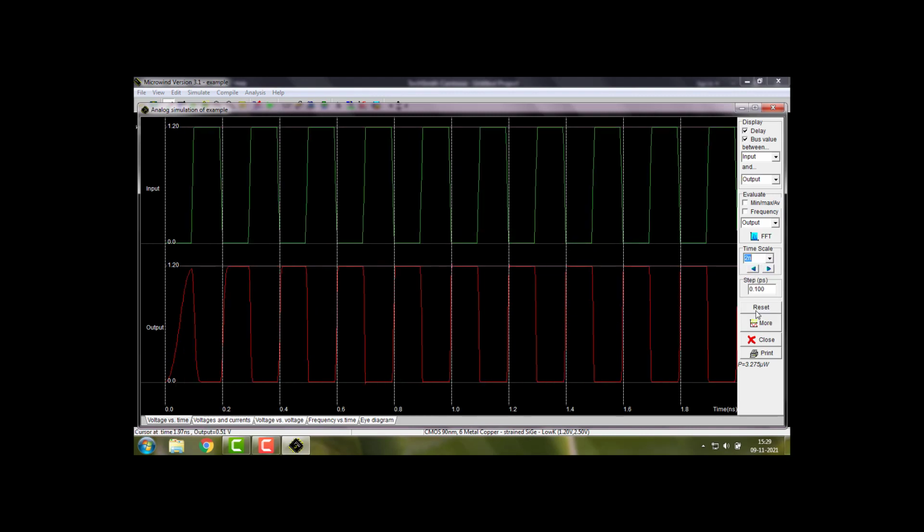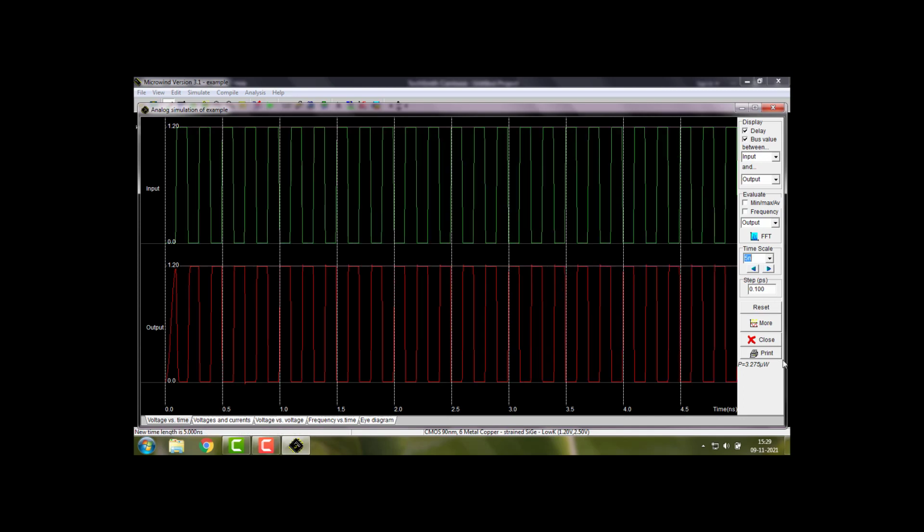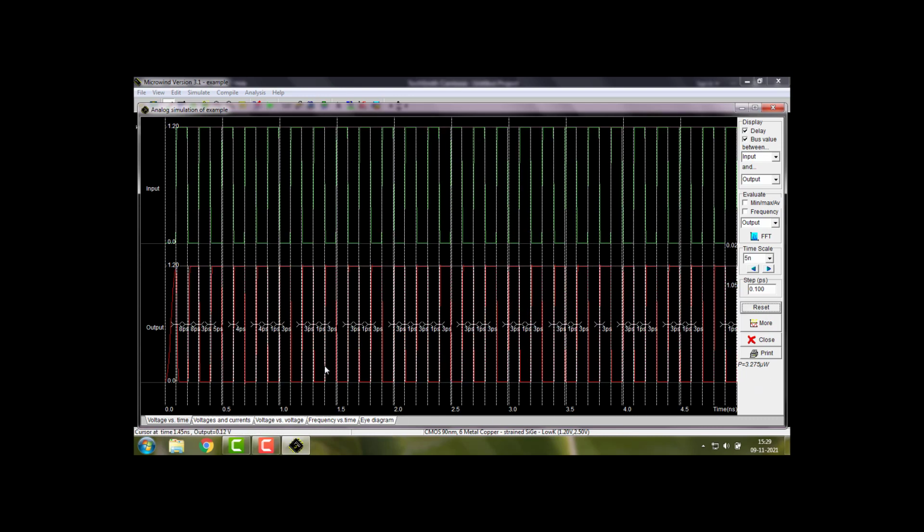Hope you can see. Let's see more. I'm unable to see rise and fall time. I can put it here. You could see rise and fall times are different.